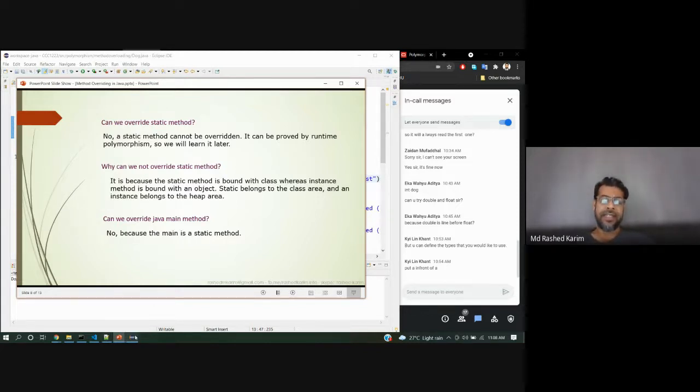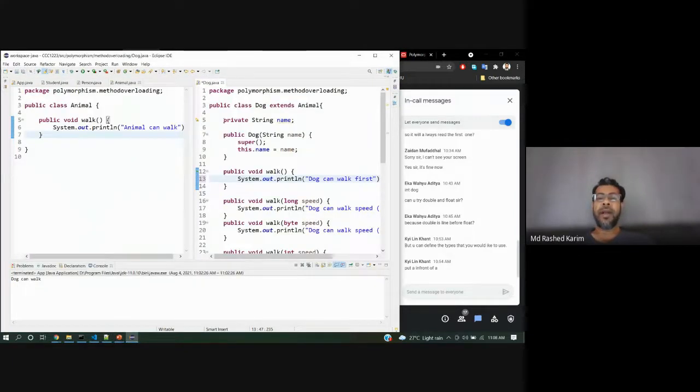You can check it by putting a static method in the animal class. See, there's a problem with this static. Static method cannot be overridden, so remove static.